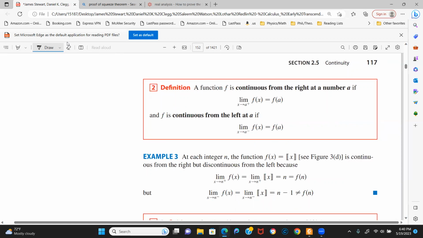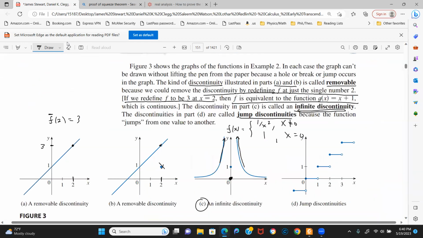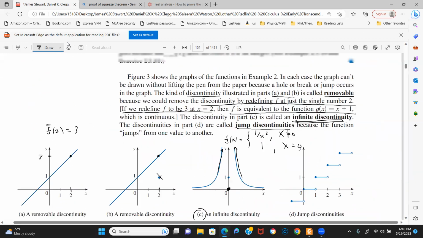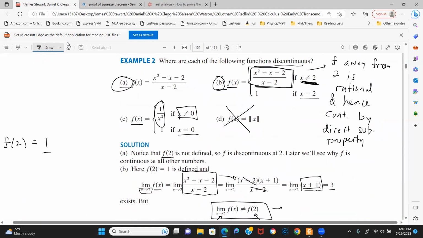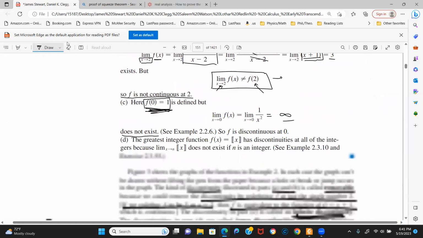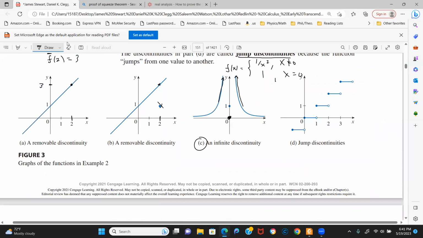They use this integer example 3. I guess I could technically talk about this too. They define it up here. They don't define it, but this function right here is called the greatest integer function, I think. So basically, if you plug in a number, let me look at the graph to remember how it's defined. So if you plug in 1/2,